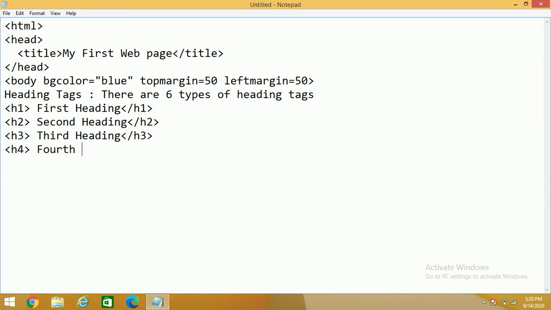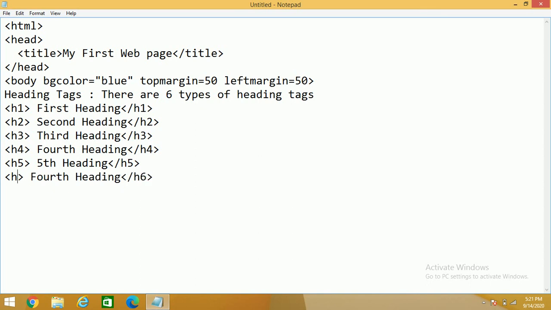So this is your fourth heading, and this way I'm going to copy this thing, and this is my heading 5, fifth heading. I can write in numbers, and this is my fifth heading, and then at the end this is my last heading 6.